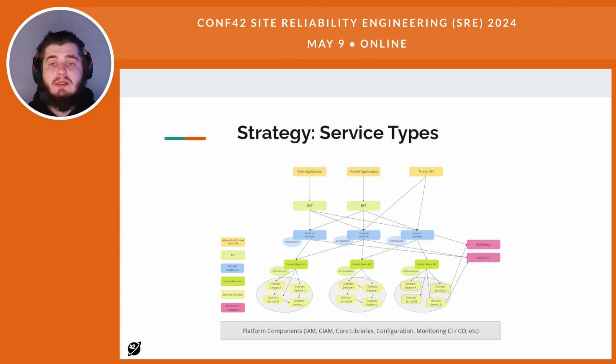Another thing is about gateways and adapters. All the time, we need to get some data from an external system. We need to integrate with something from the external world. To achieve that, we call this service, and this service will be responsible for taking some data or sending some data outside. At the bottom of that, we always have some kind of platform components. Of course, it relates to identity access management, some core library, configuration, monitoring, even a workflow mechanism for managing really complicated